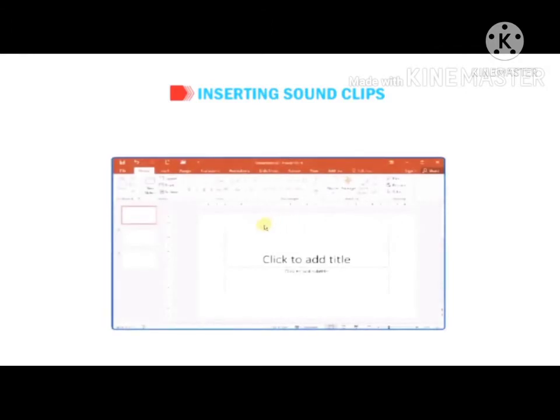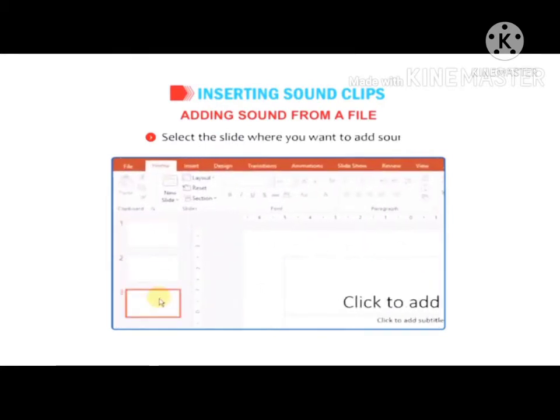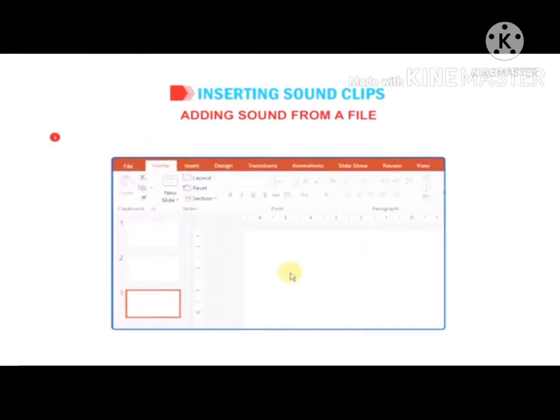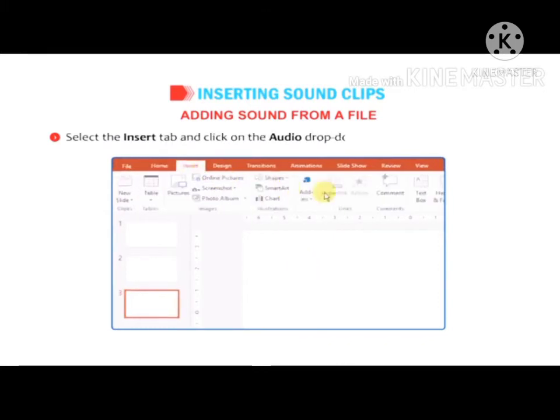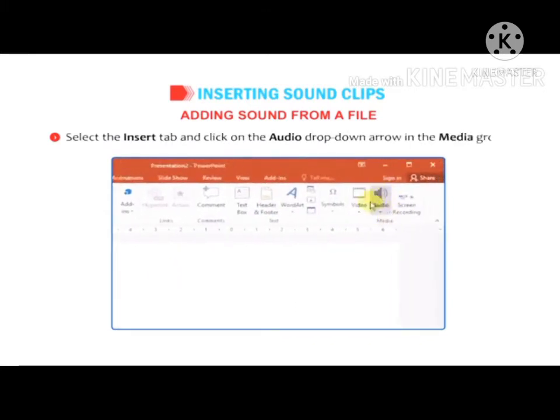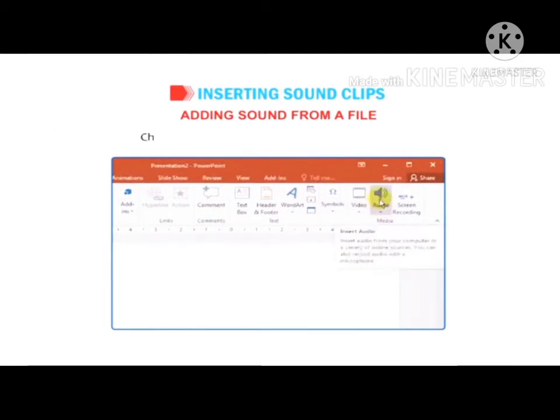Adding sound from a file. Select the slide where you want to add a sound. Select the Insert tab and click on the Audio drop-down arrow in the Media group. Choose the Audio on My PC option from the menu.